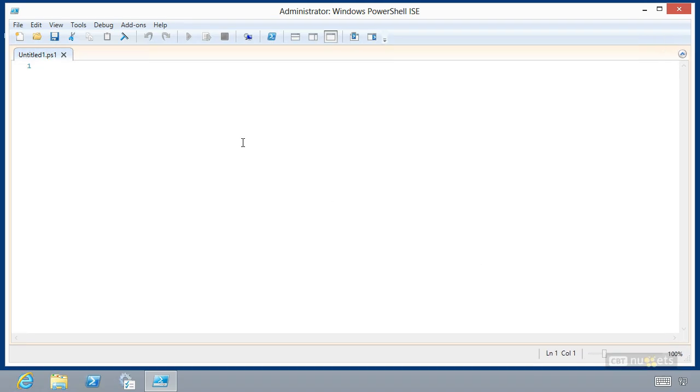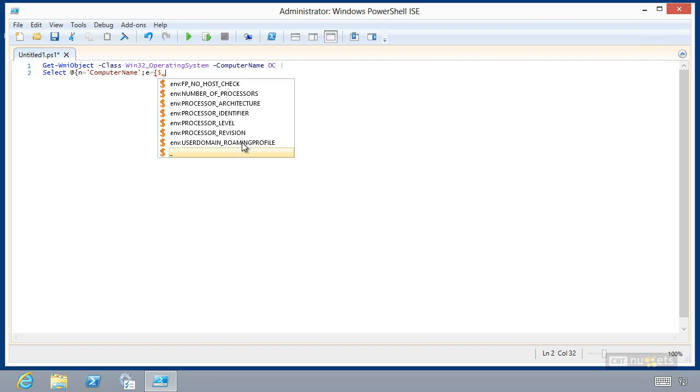So I'm going to start with a couple of commands, and I'm going to go ahead and type these in, see how that works. Get-WmiObject -Class Win32_OperatingSystem. We wanted to do this to multiple computers, but I'm just going to take exactly what was in the lab document as my starting point, so you can see exactly how I progress from the one to the other. So we're going to create a computer name column, and we're going to set it equal to the $_